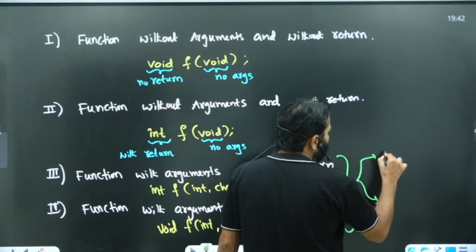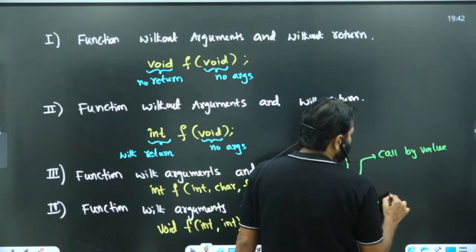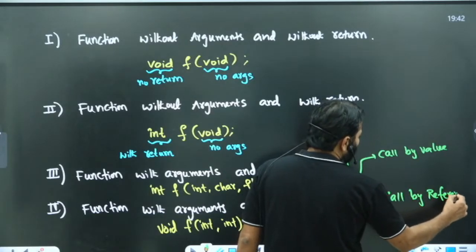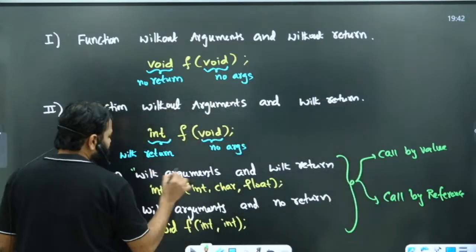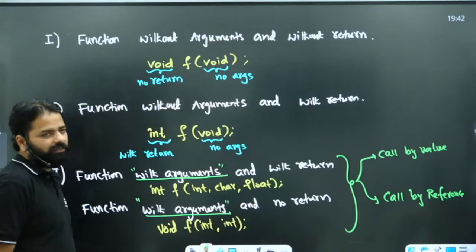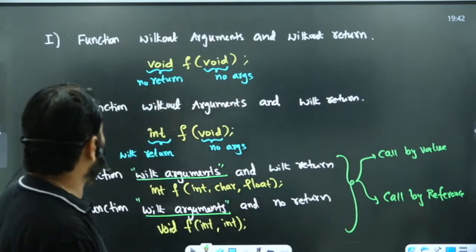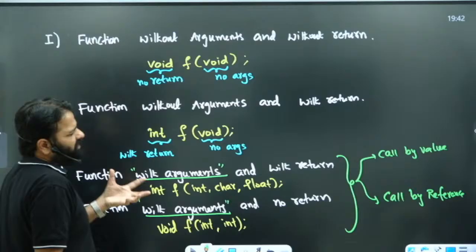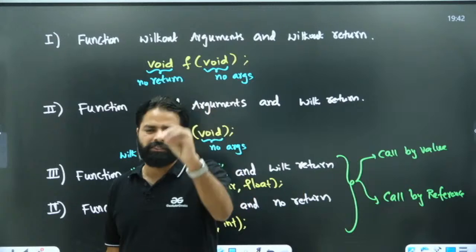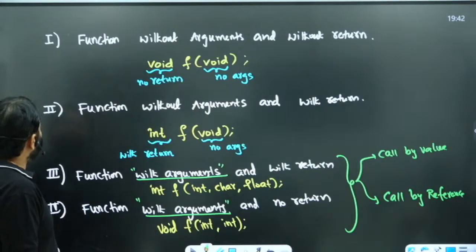There are two types. When you pass the arguments, you can have a call by value technique, or you can use call by reference. There are two types of techniques when you pass the arguments. You have a with arguments. When you say with arguments, how do you call the arguments? Using the value or using the reference? That we will learn tomorrow. Okay, but today we'll practice some of the examples in simple way, and later tomorrow we'll also go into deeper to understand how we are passing the arguments, with values or with addresses. Let's practice some of the questions.